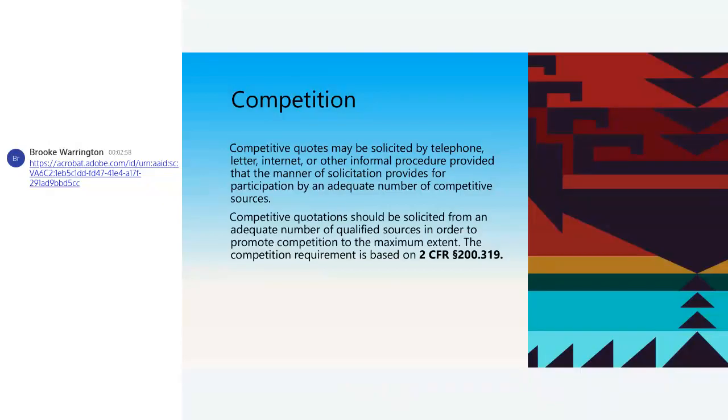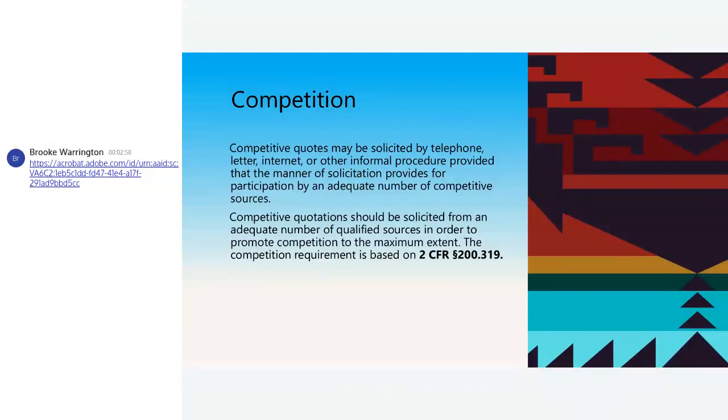So you get one, and they say they don't want to bid on it. You know, I contacted this person and they don't offer that material, or they can't get our product, or they don't want to bid at this time. You still need to go out and try to get a couple more, okay? Just because you get one that says no, that doesn't work. Because you might be going to a Ford dealership for a Dodge. Of course they're going to say no. So you need to solicit from an adequate number of qualified sources.